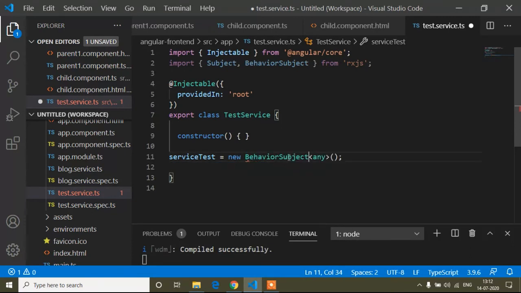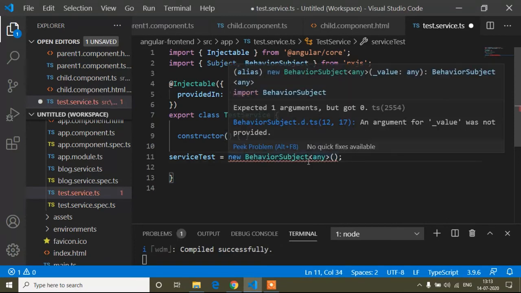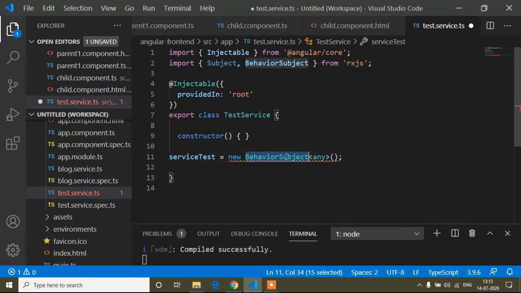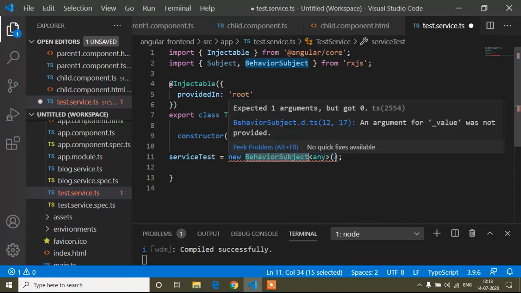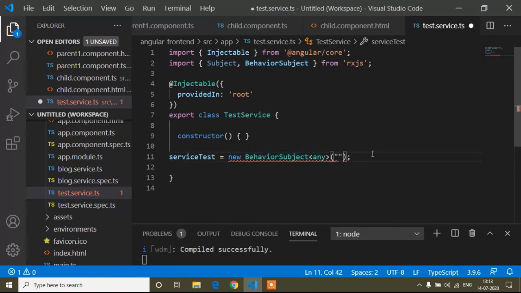So you can see it's showing an error, because when I had written here only Subject, inside this parenthesis I did not pass anything. But when I am writing here BehaviorSubject, inside this parenthesis I have to pass a value. So here I have to pass a string value.